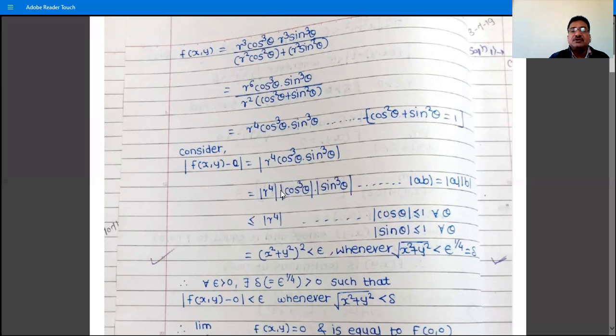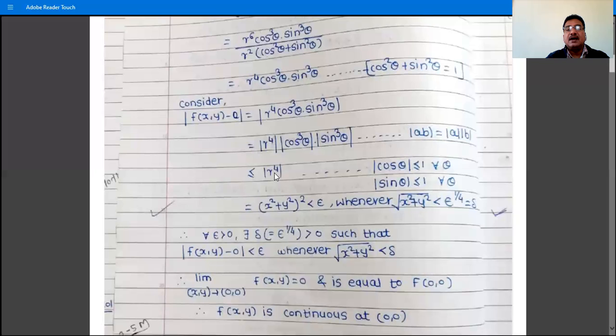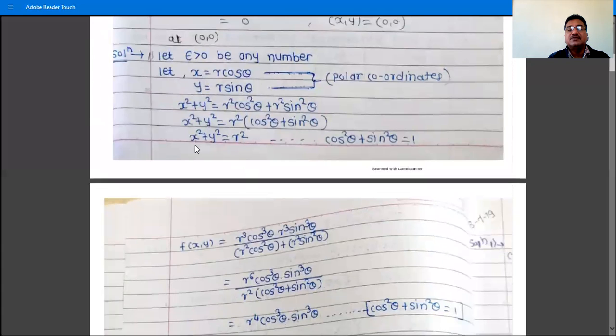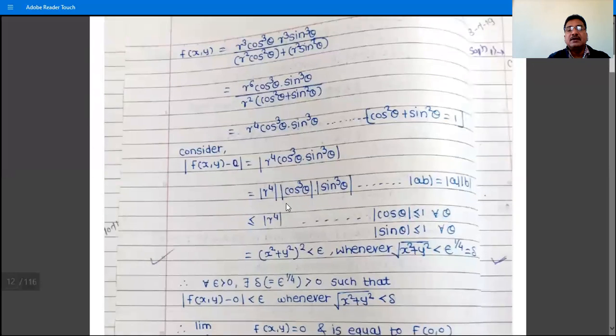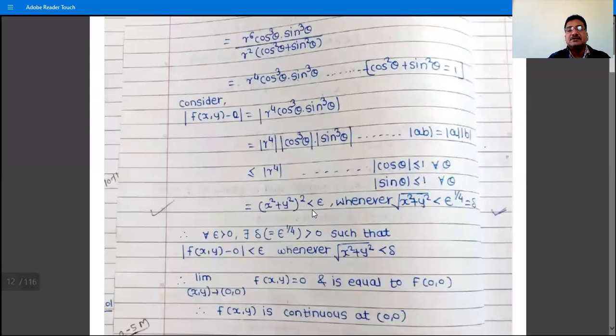These are not the actual values of mod cos cube theta and mod sin cube theta; 1 is the upper limit. So we have less than or equal to r raised to 4, and r square is x square plus y square. So r square into r square means (x square plus y square) whole square, which is less than epsilon whenever